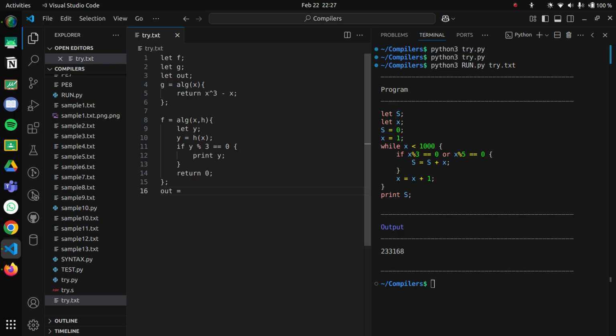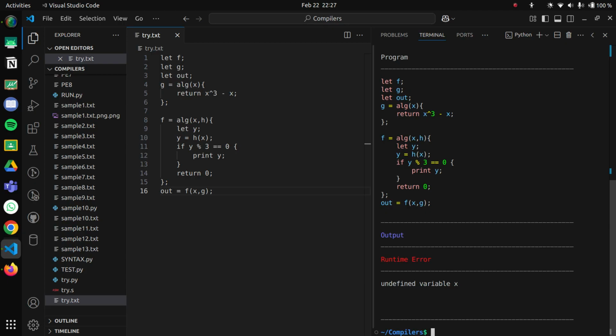So that's the problem over here. Anyway, you have out is f of, so it takes in 2 arguments, let's say x comma g, right? As you can see, g will be some sort of object, and this is going to be whatever the output is. So this is going to print stuff for us anyway. We don't need to print anything, but if I had to run this normally,